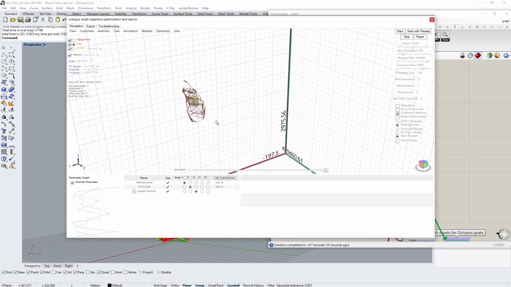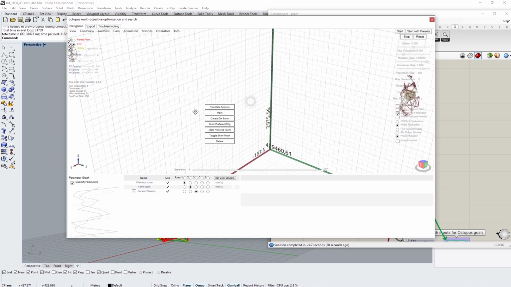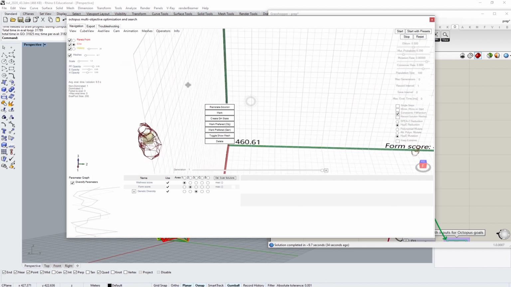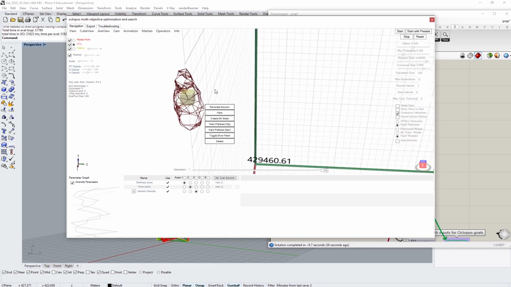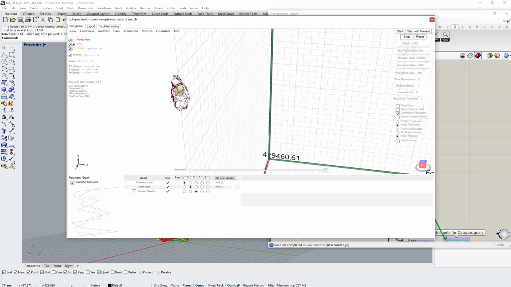So here we have the first contenders, so to say, right? And can I zoom into them? I can't really that easily zoom into them. Oh, I can. If I do it slowly, I can. So we have a few contenders here,